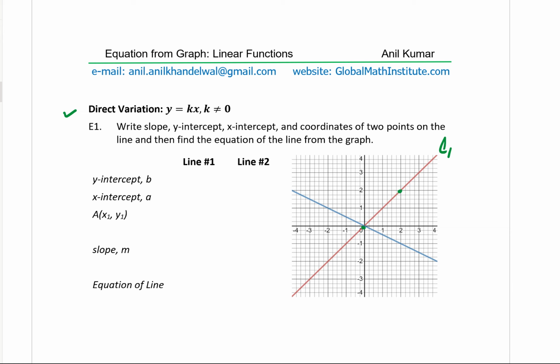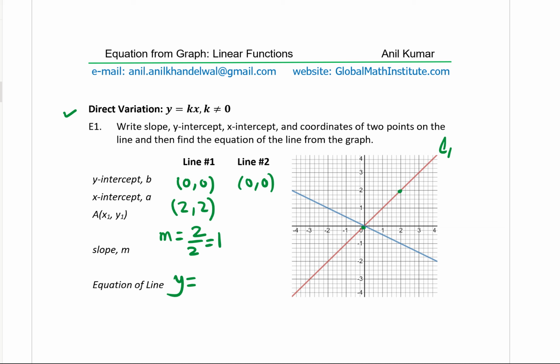We know both are going through the origin, which is common to both. The point which we have considered here is 2, 2. So the slope m is equal to 2 over 2, which is 1, and